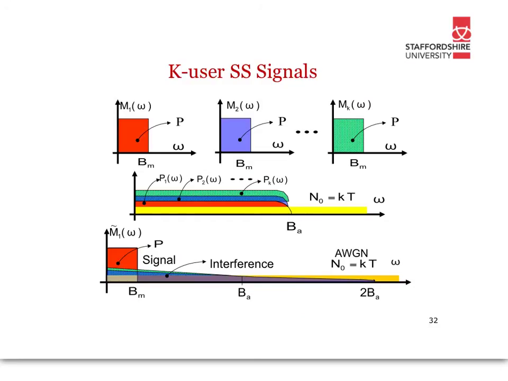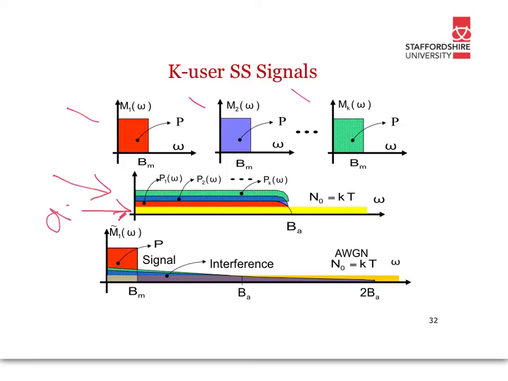Here we have the same thing shown pictorially. We've got user 1, 2 and K all occupying the same narrow bandwidth from 0 to BM, all in the frequency domain, or omega. Then we spread the signals, and they're shown on top of each other here just so that we can see them all. And we also have the noise here,